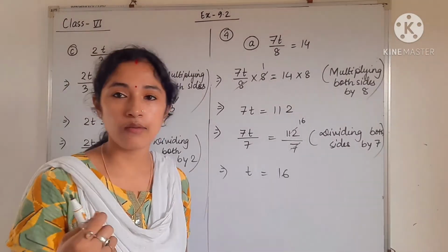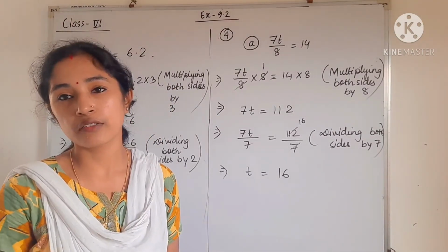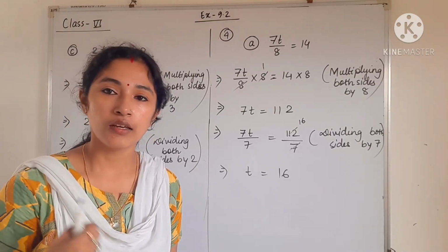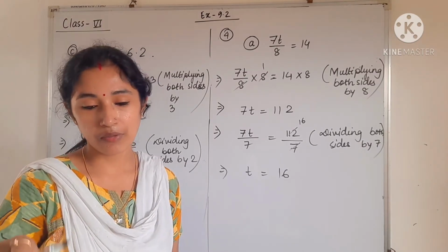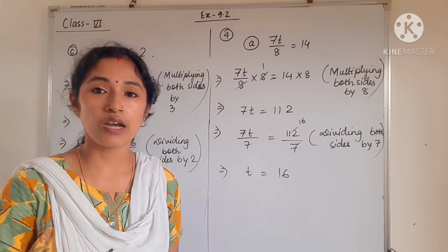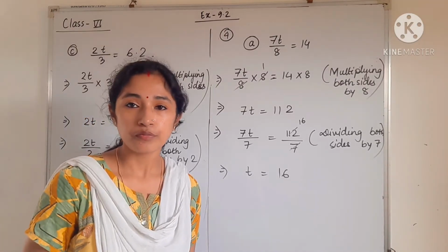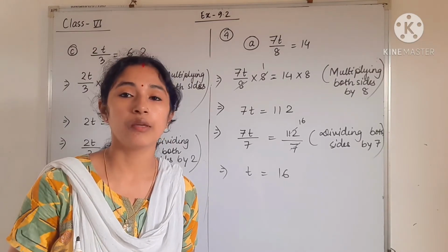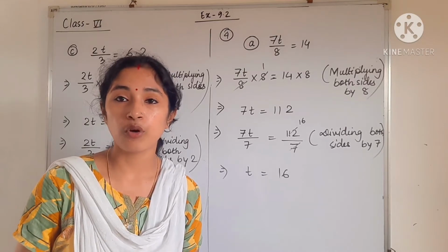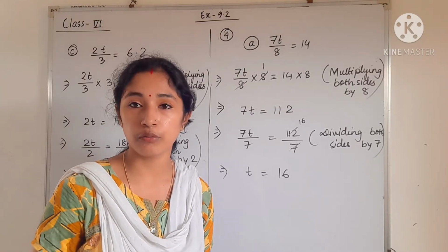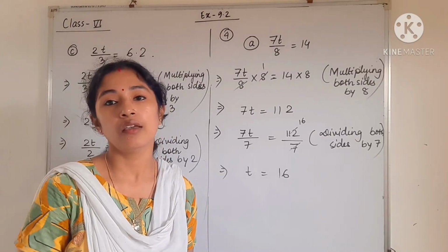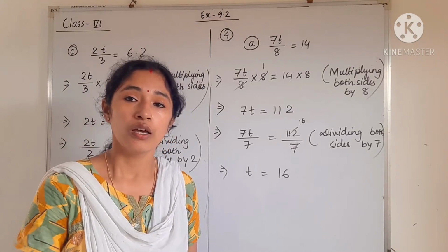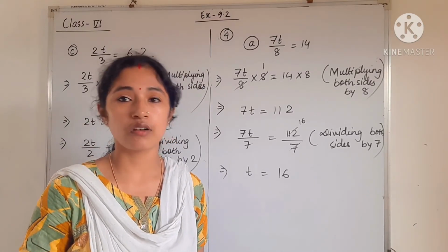One more thing students, sometimes there may be mistake in cancellation, so please try to correct those things, because sometimes while doing very fast, I may write something else. So just try to correct the things. But see, in the concept part there should not be any mistake. If there is any problem in the concept part, then please share with me. But calculation, maybe there will be some mistake while I do some questions. Sometimes I write very fast, so in that case there may be problem. So just try to correct the things.